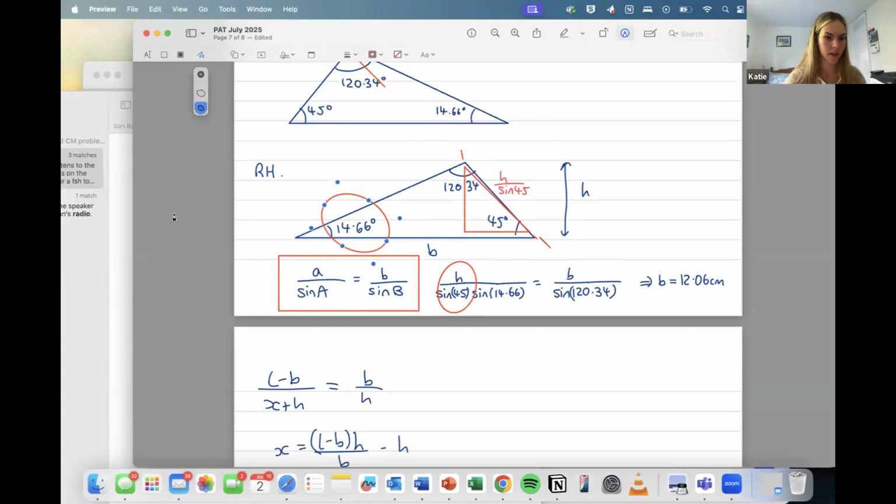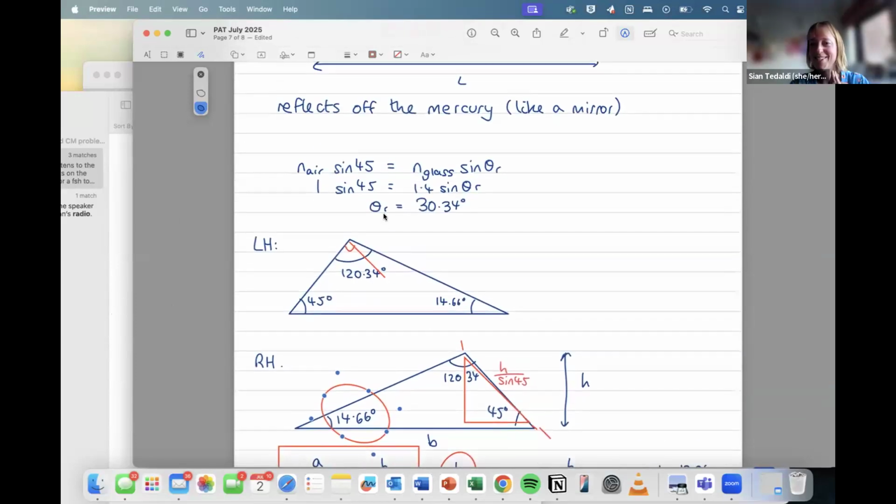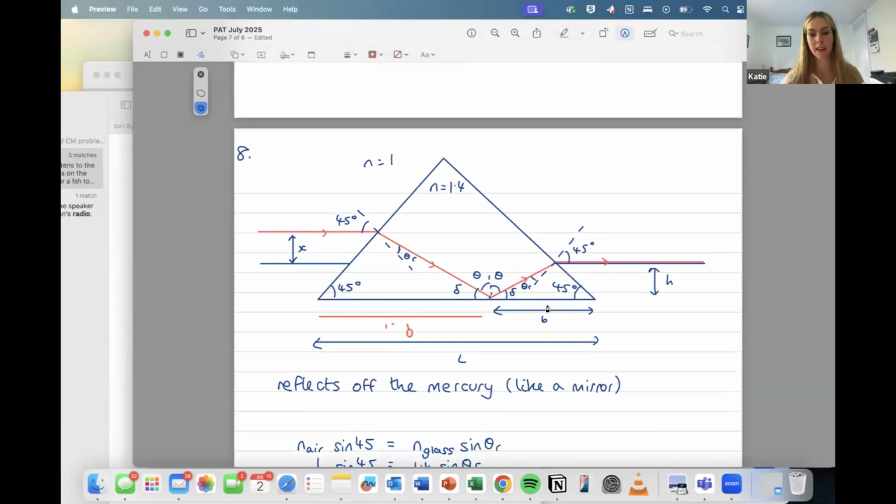So someone said the L minus B. So question, excellent. And then we'll round up, Katie. Thank you. Okay. So you know that these B's are the same since the whole thing is L, the bottom of this triangle is B, and this is just whatever L minus B is. So the B's are the same.